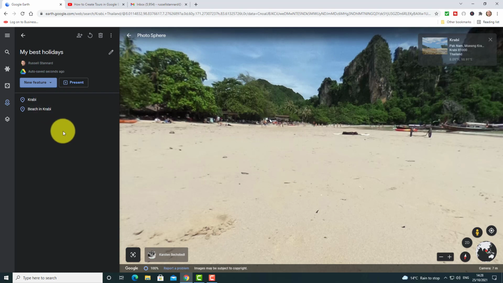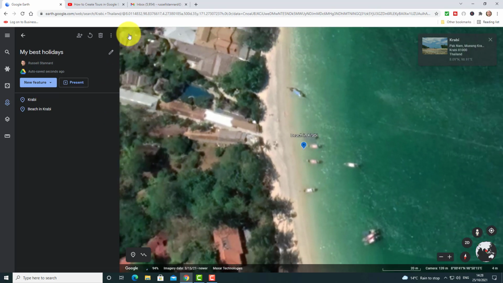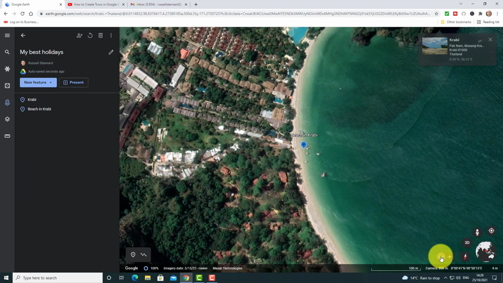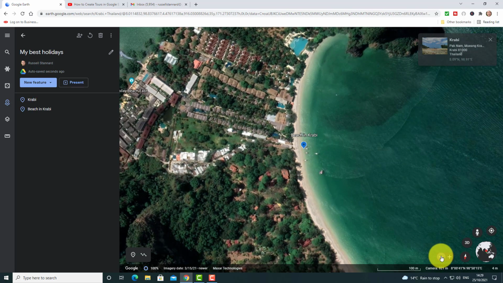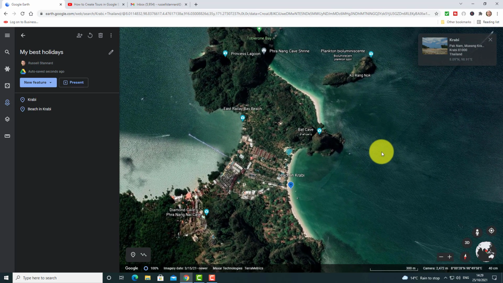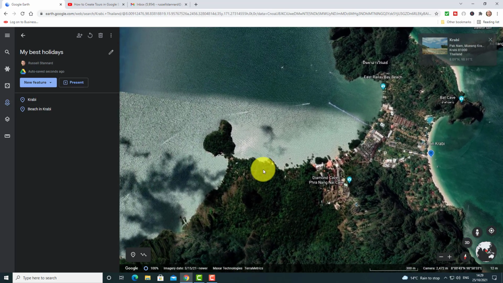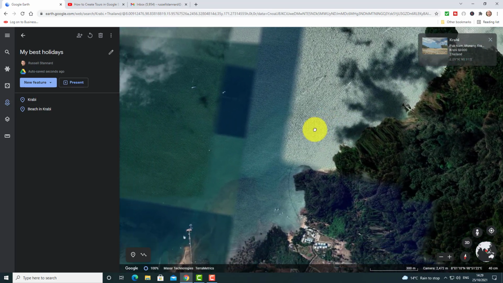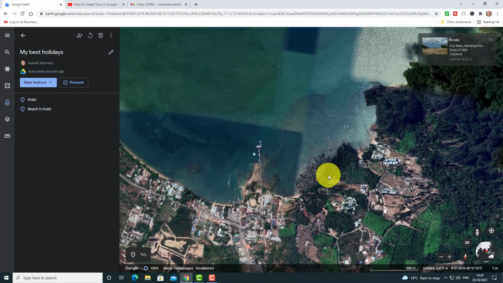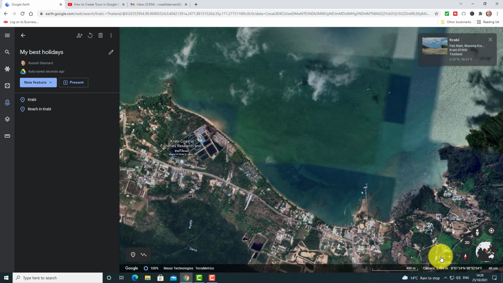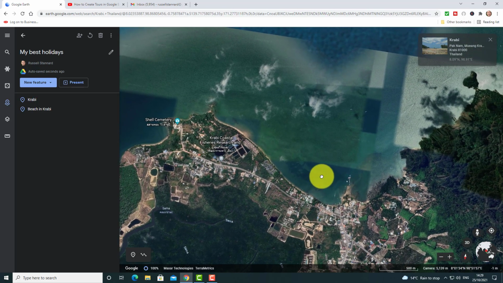Now I'm going to do that again. So I'm going to come out of that particular photo, come back again onto the beach at Ao Nang, and I'm going to shift over to the other side. So I'm just going to move over here. So that was the beach in Krabi, but I'm going to come back onto this side. There's another really beautiful beach just a little bit further along, if I remember rightly. Hopefully I can get to, let me just move out a little bit more. And again, what I can do is I can drop my,